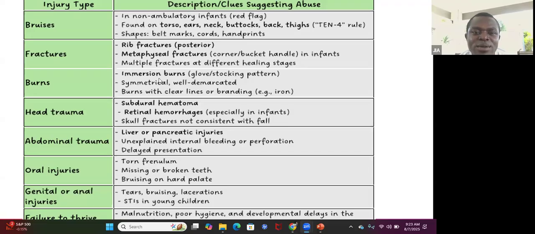Then burns. We talked about immersion burns, and burns which look designed, symmetrical, or well demarcated. Those can't be accidents. So what I normally tell people is that when you are reading NCLEX questions,